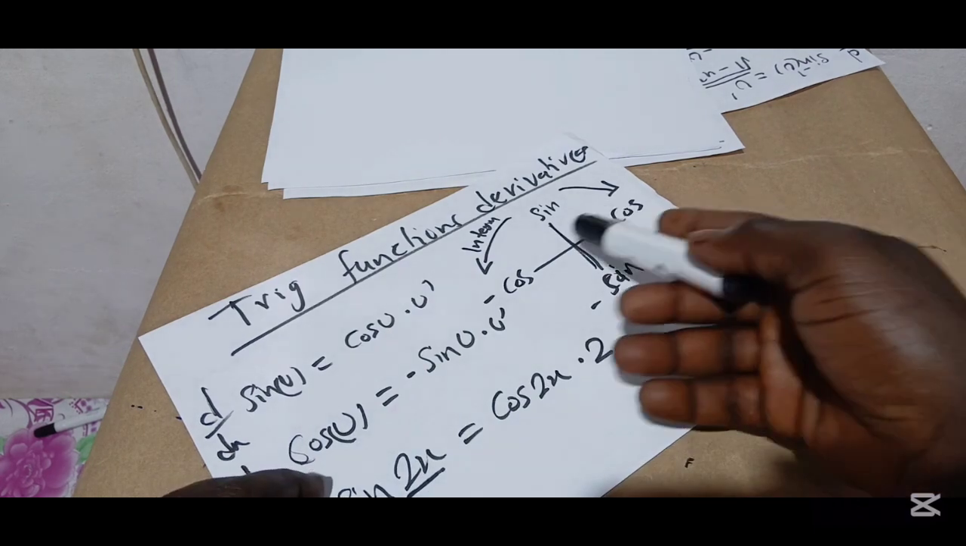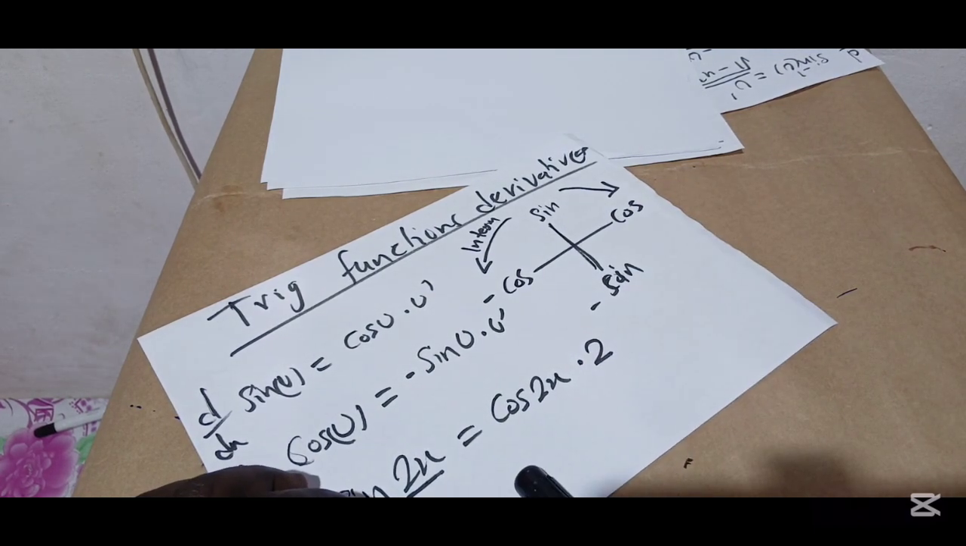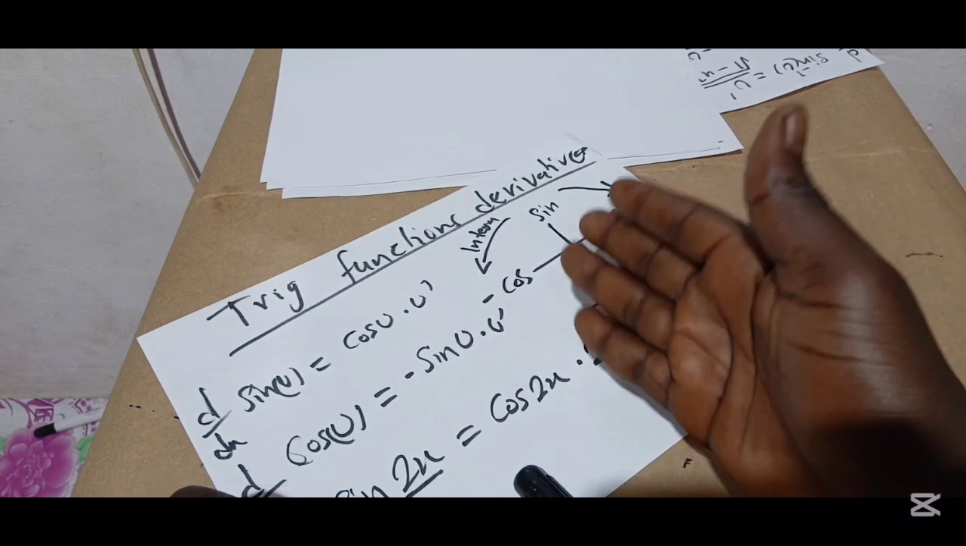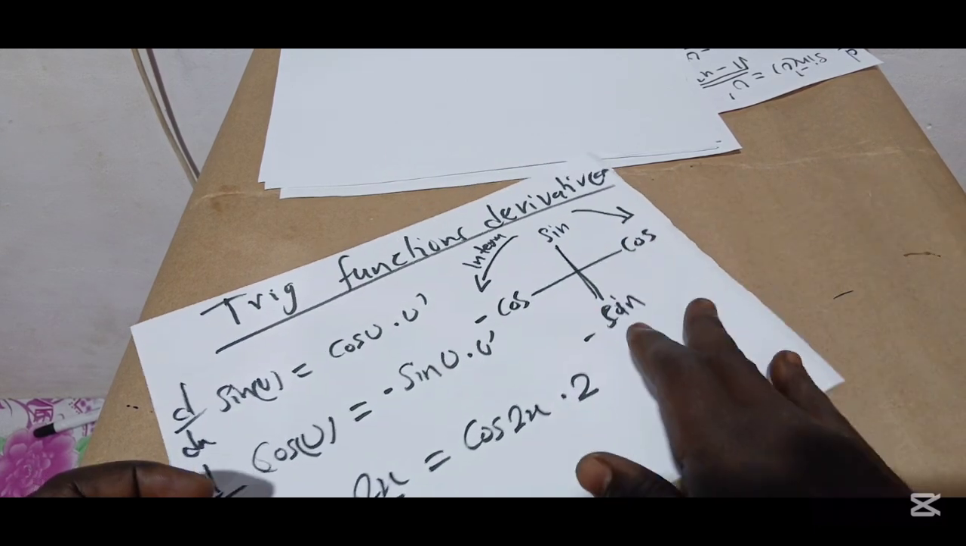Maybe you might forget how to differentiate sine to cos and sine and then cos, or integrate sine and cos. So using this idea, you'll be okay